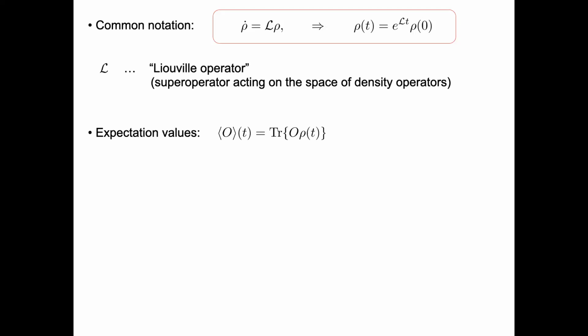But a lot of the time we don't want the density operator, actually we want to calculate expectation values. That's the thing that we are interested in. So how do I calculate expectation values? Okay, so keep in mind, if I write something like this, the expectation value of O at a certain time is nothing else but the trace of O, an operator observable, times rho of t.